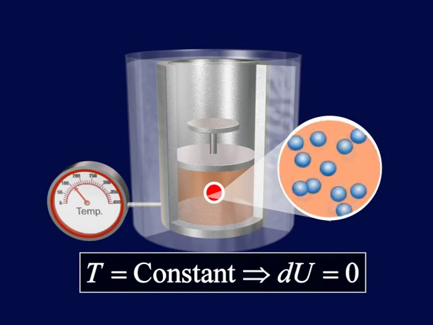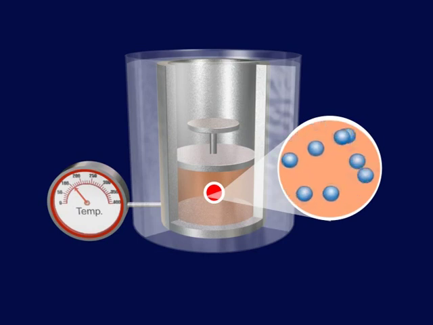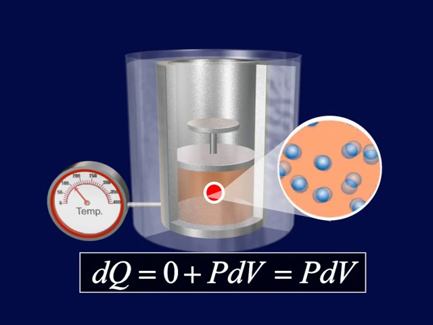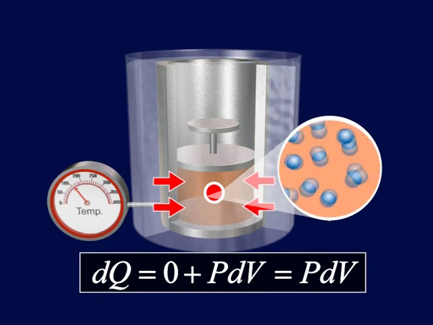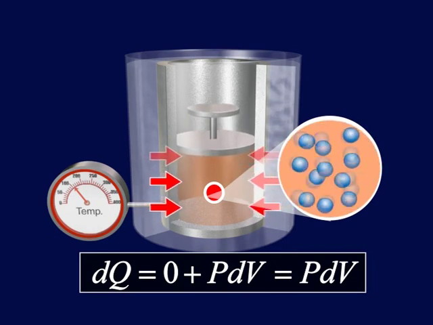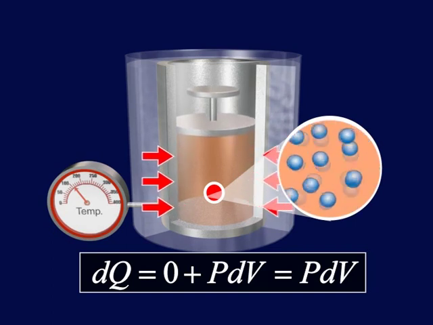In other words, dU would be 0. Then, according to the first law of thermodynamics, dQ would be equal to P dV. This expression implies that heat supplied in an isothermal process is used to do work